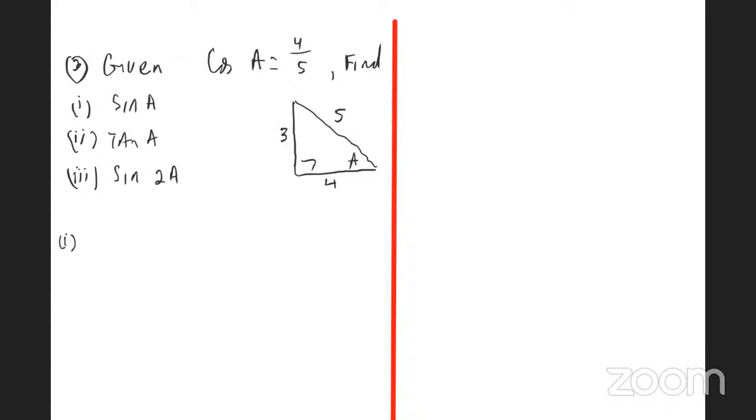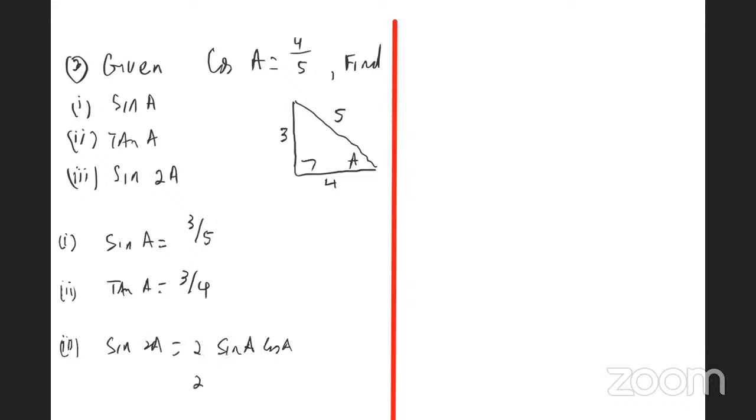So the first one, sine A. Sine A is equal to opposite over hypotenuse. Second thing, tan A. Tan is equal to opposite over adjacent. And the last one, sine 2A is equal to 2 sine A cos A. So that's 2 by 3 on 5 by